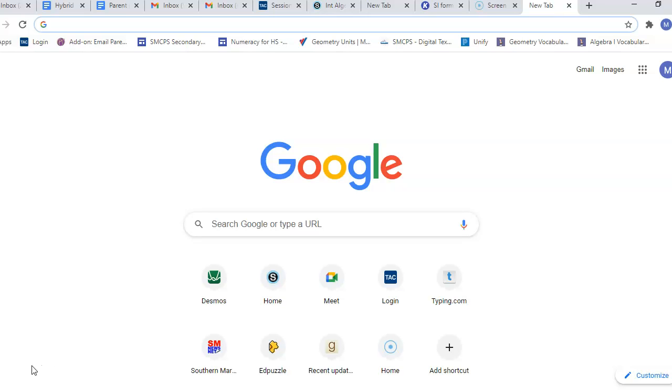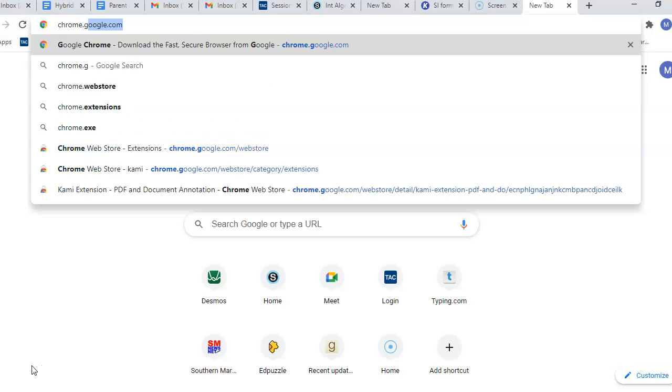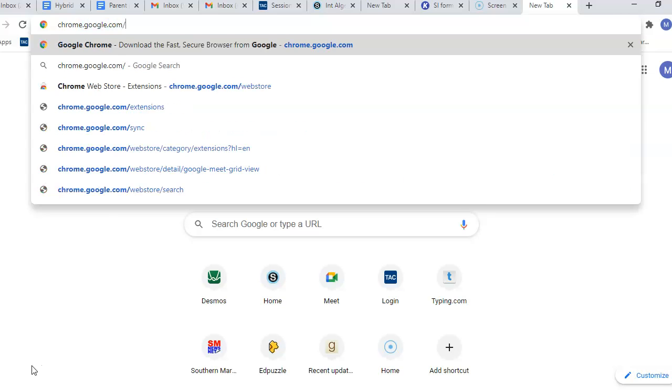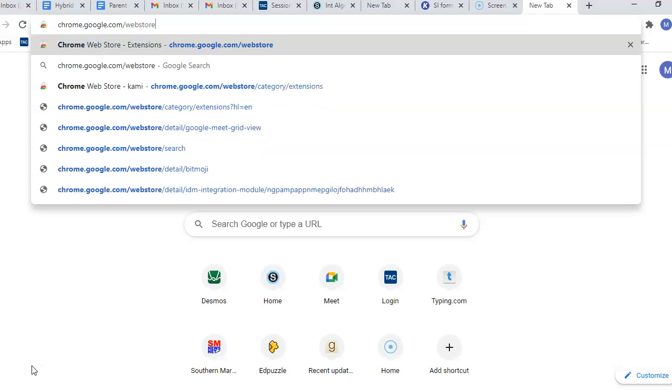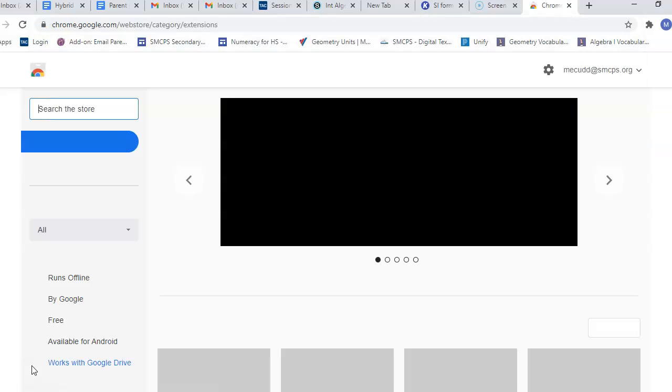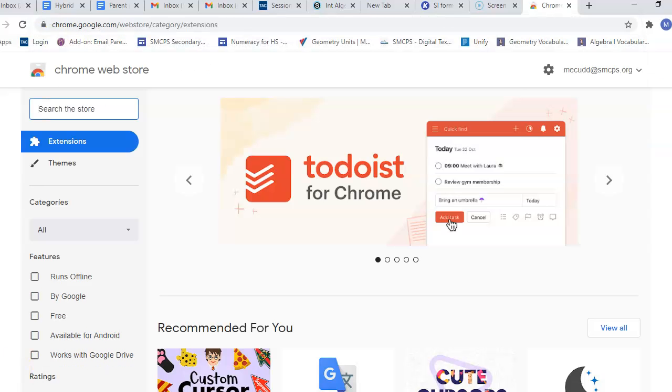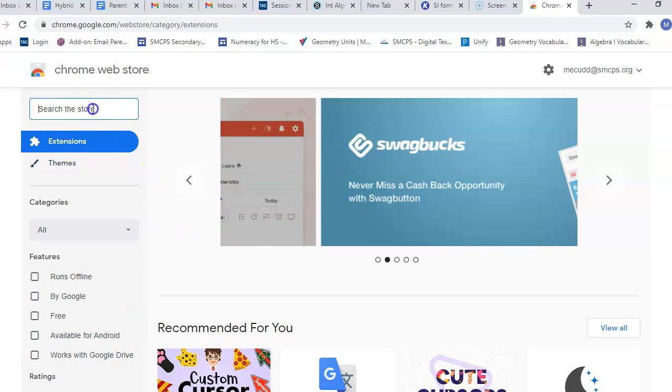What you want to do is in your Google Chrome browser, you want to type chrome.google.com/webstore. If you have to pause the video right here so you can type that, go ahead and pause it now. Type that in, and then you'll go to the web store. All right? So once you're at the web store, you want to search for the extension Kami,